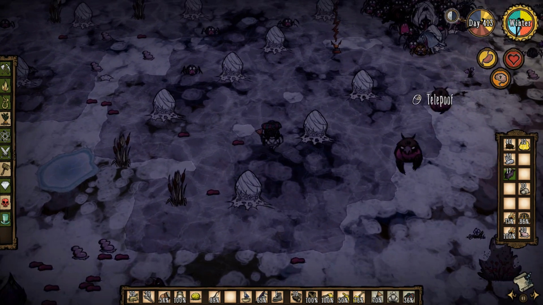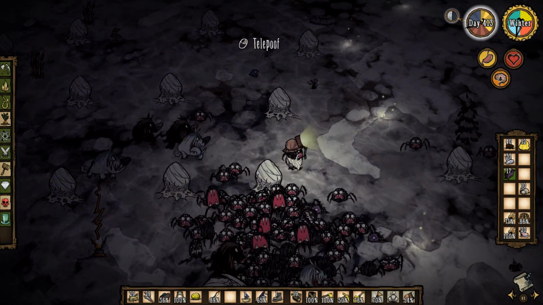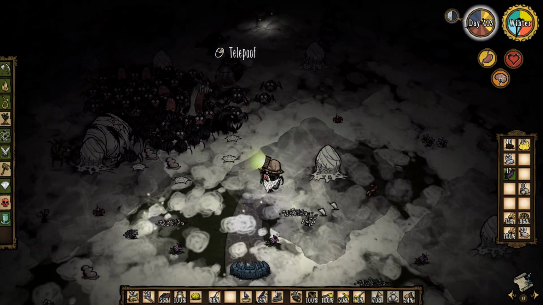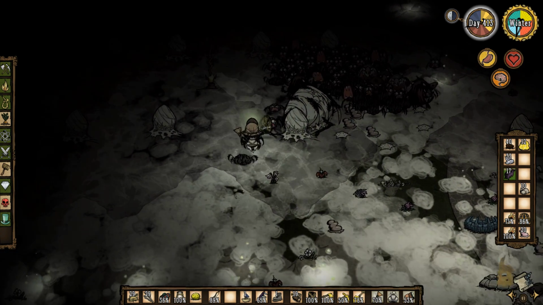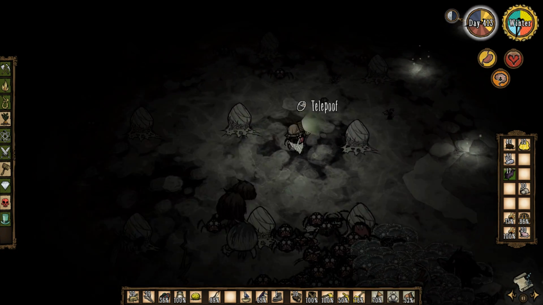Oh, they're stuck. Oh, they were stuck. That was cool until they started killing each other. Anytime I ever try this, it never works. They always end up killing each other because I always end up clicking. Because if you click, you can't